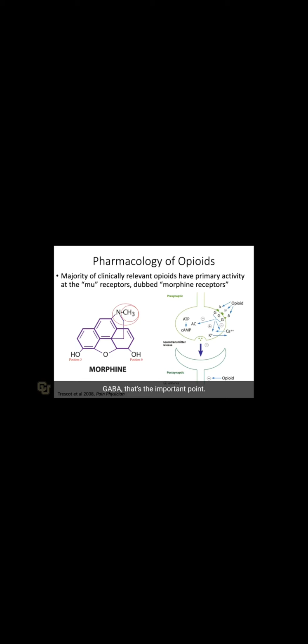That's the important point. Okay, so pharmacology here. This shows you the morphine over here, and again, the opioids we're talking about primarily act on mu opioid receptors. You can think of them as morphine receptors, mu morphine receptors. And so basically we have different types, kappa, mu, and delta, but mu is the important one, and this just shows you how this mu receptor located on the presynaptic part of the neuron here basically then facilitates neurotransmitter release, and this is the way it works in terms of the receptor and neurotransmission.